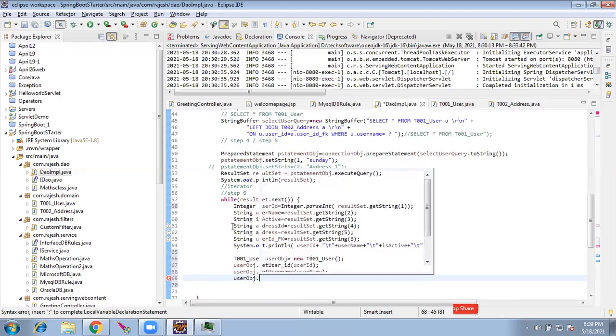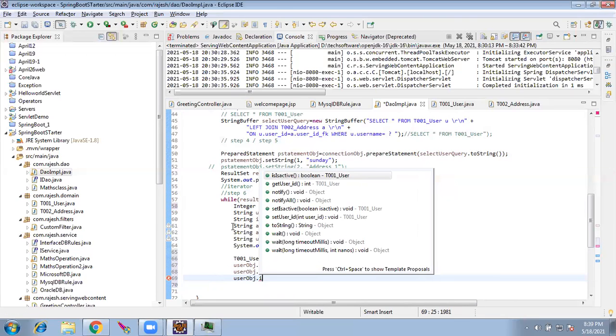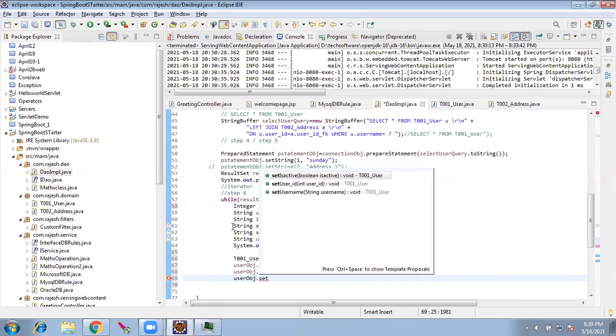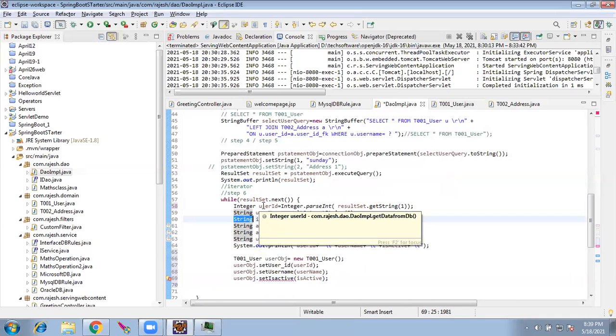User obj dot, it will be is active because it is a boolean. So set is active, but to retrieve it is not get, it is is active. For boolean data type, it is this way. So is active. Again, this will throw an error. Here we have to give it as a boolean.